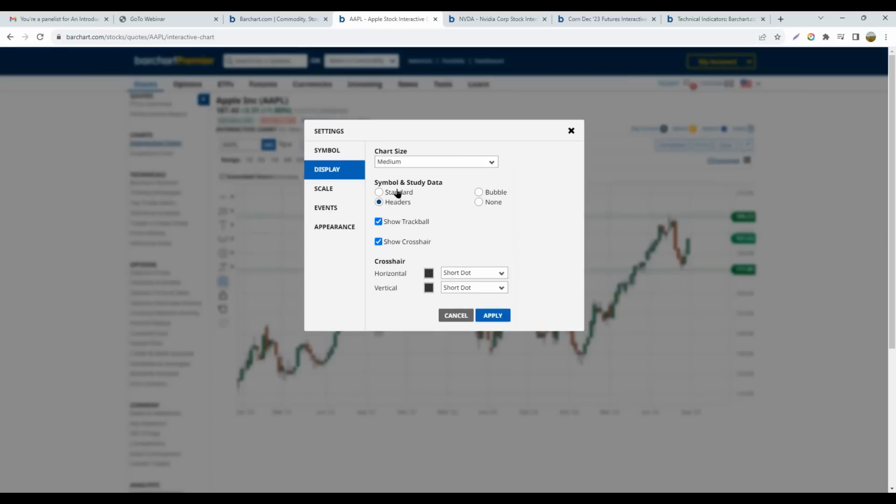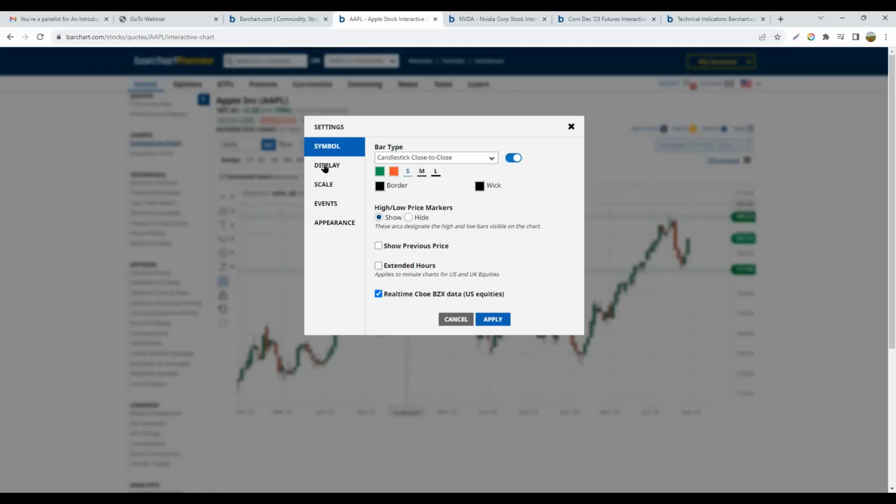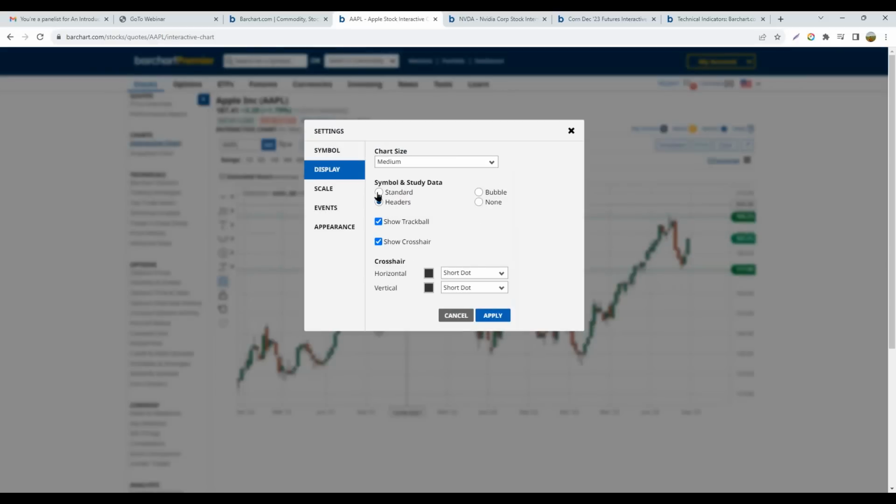I'm going to talk about something called symbol and study headers. Now, the default for our charts is called a header. Let me show you what that is. The header is a data box that appears up here in the left-hand corner. Now, notice as I move through my price here with my pointer, the data box changes with the results of what is happening in those individual candles, or it could be our bars. So if I change it to standard,